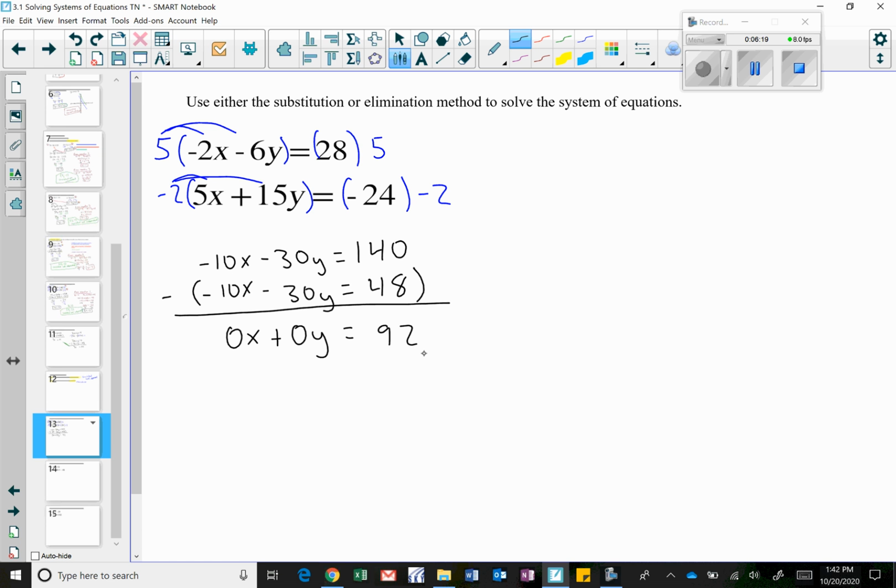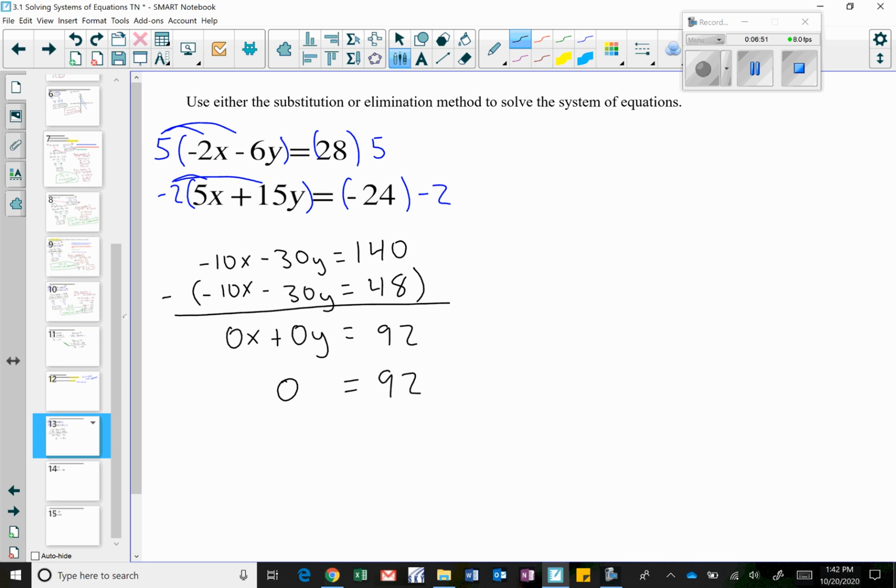So in this system, when I reduce even further, 0x plus 0y, well, this is just 0. There's nothing left over there. So on the left side, I have 0, and on the right side, I have 92. So 0 equals 92. Well, does 0 ever equal 92? No, it does not. Right? 0 never equals 92. Therefore, this system, this negative 2x minus 6y equals 28, 5x plus 15y equals negative 24,